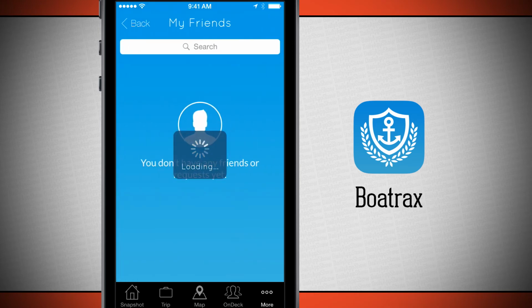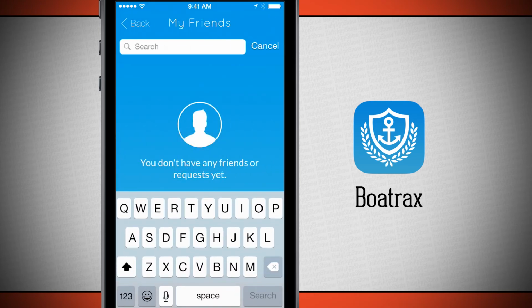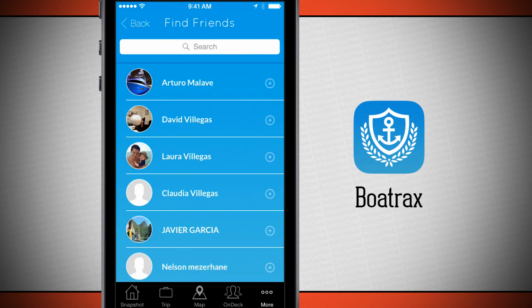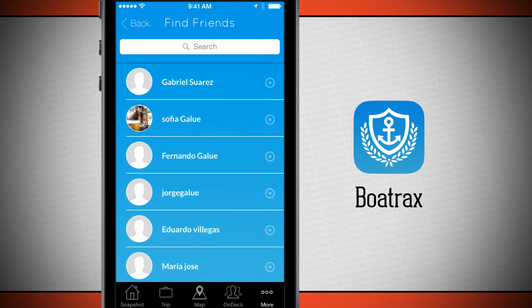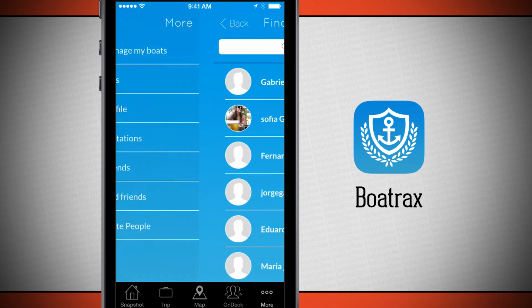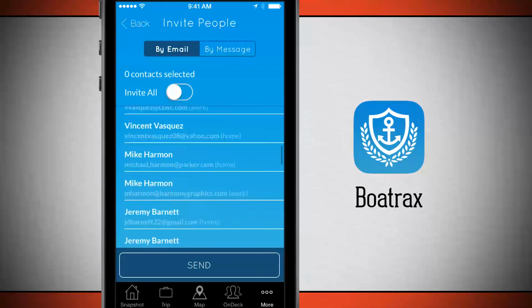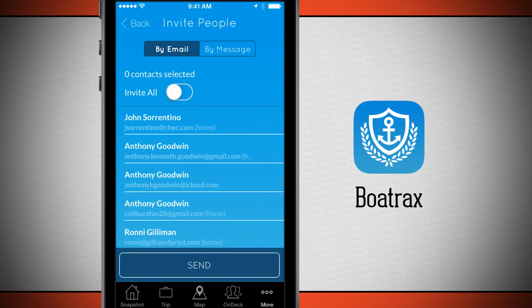And the friends section is where I'm going to be able to invite friends, and I can go and search for friends, and I can go ahead and come back out. Finding friends will allow me to find friends, and I can see different people that are already on Boatrax. If I wanted to add them, just hit the plus button. And then invite people is where I can invite all the friends that I have contacts here, and I can just go ahead and select all of my contacts and send them out and invite them into